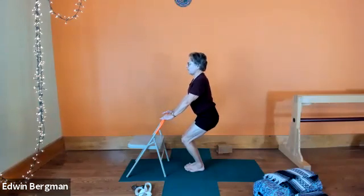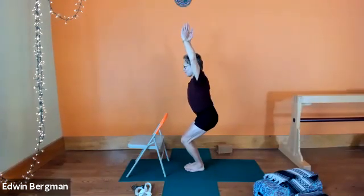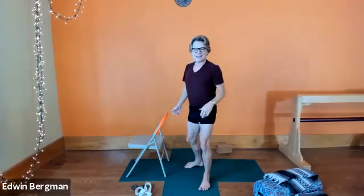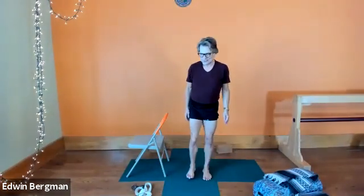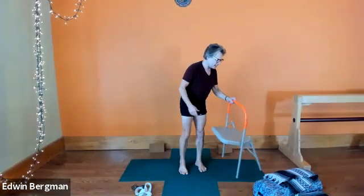so don't let your chest come forward. And then maybe either bring your hands to the hips and try that, or bring your arms upwards and go all the way up. Yes. And as if there's ropes on the ceiling. Nice. Keep your body weight in the heels. There you go. Legs are together if possible. Good. Now straighten the knees and come up. Very, very good. Okay. So now have your chair or something on this right-hand side